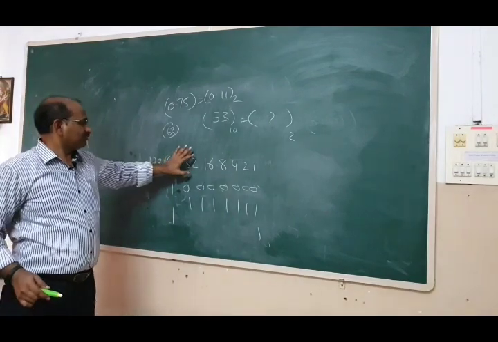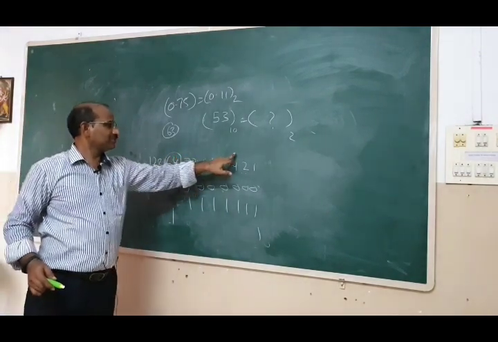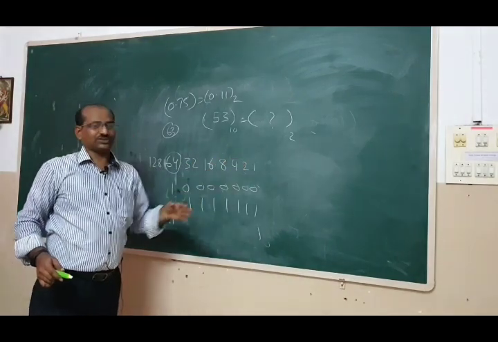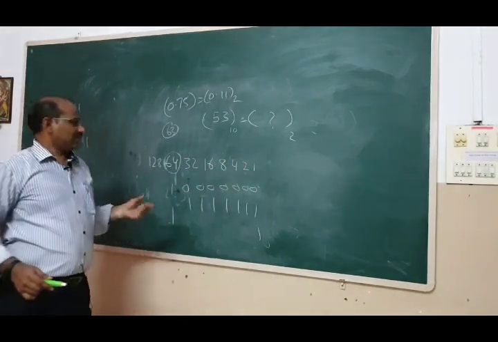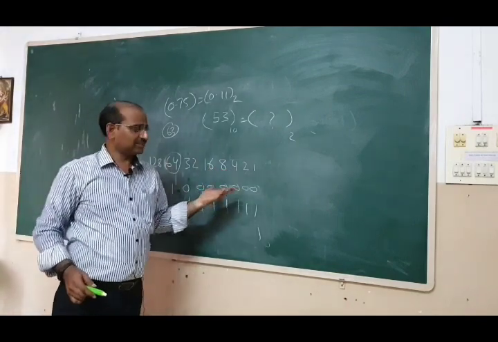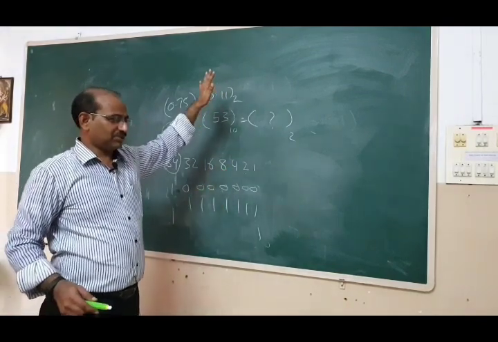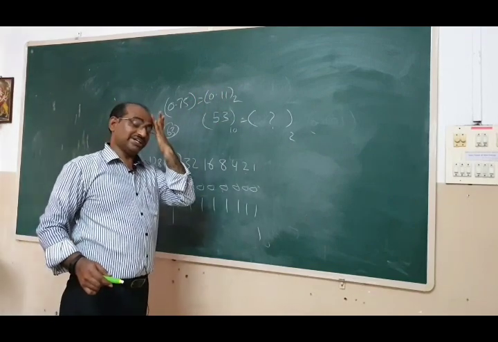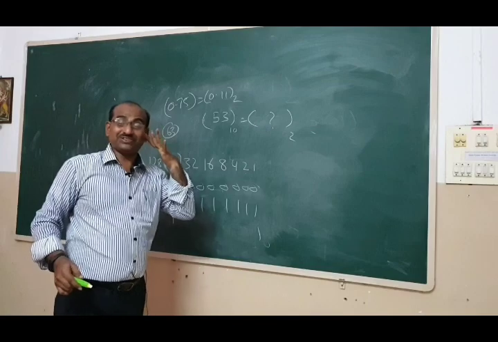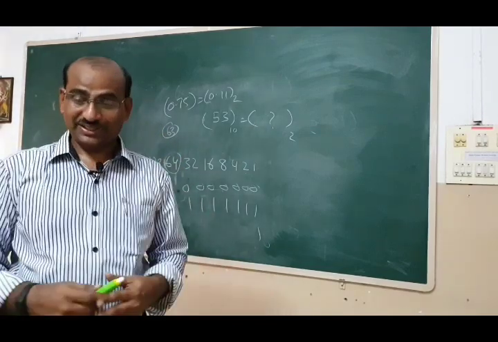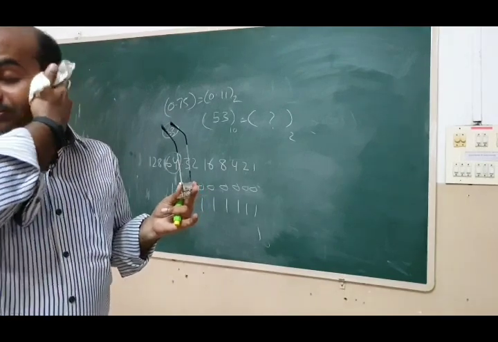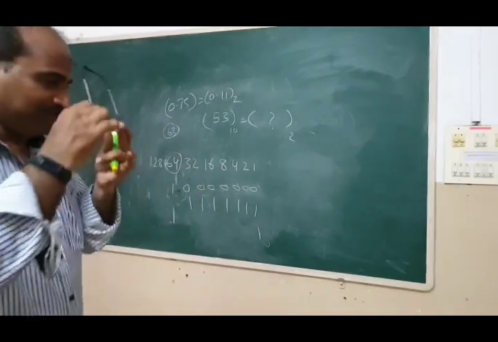So the place value for 32 you can write as 1 0 0 0 0 0. For 16, 1 with 4 zeros, right? Or for 15, 1 1 1 1. Okay, you already know how to write the numbers 0 to 15. I hope you practiced writing 0 to 15 at least. That is very important for you in coming classes and also for next semester, right?